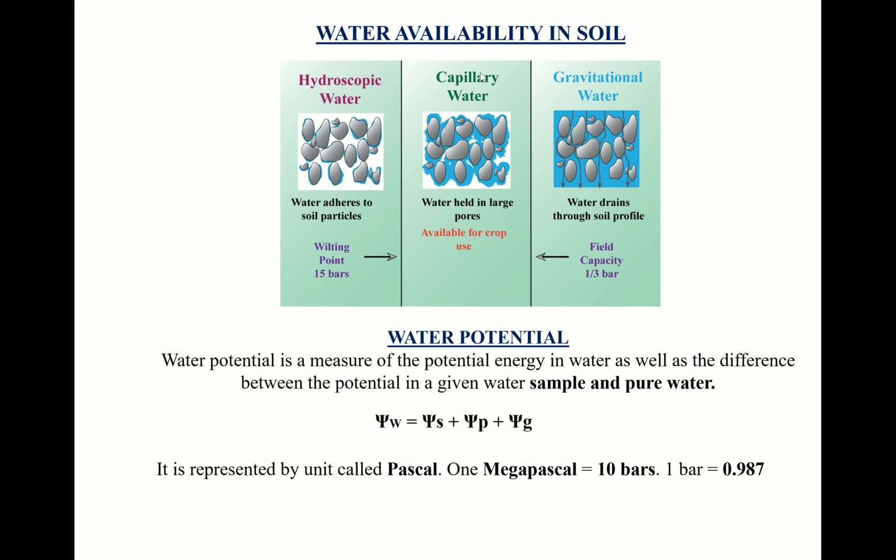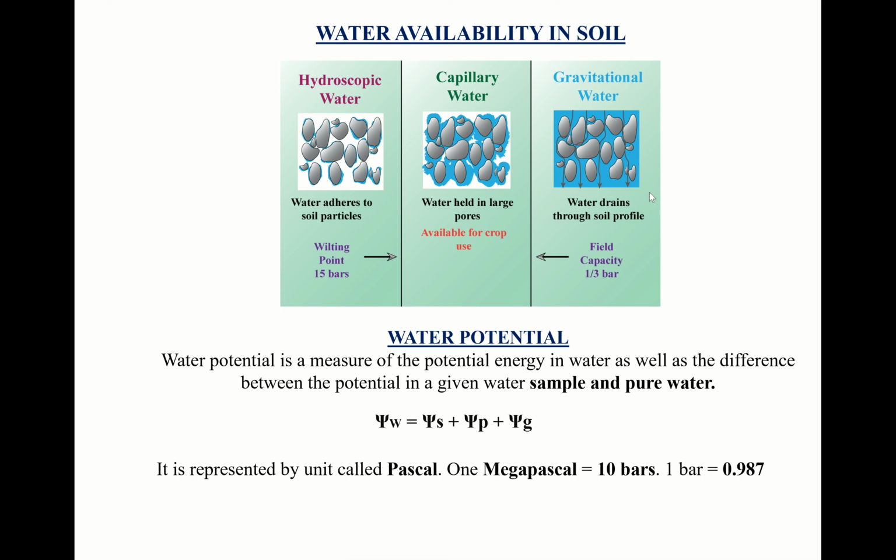Okay, so capillary water is the water which usually surrounds the soil particle, and only this water is used by the plants for growth and other metabolic processes. Here you can see there are large pores. Why? Because the cells are very loosely arranged. Whereas here, the water is tightly adhered to the soil particles, so it cannot be utilized by the plants.